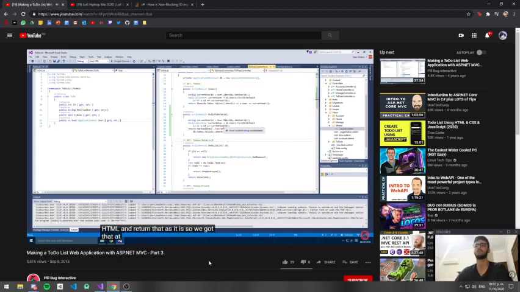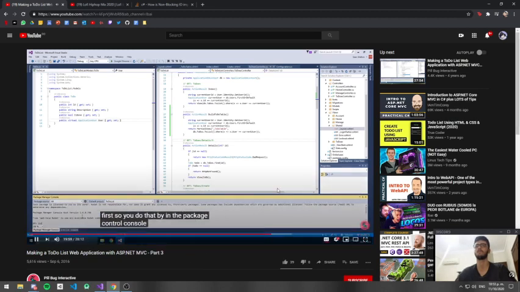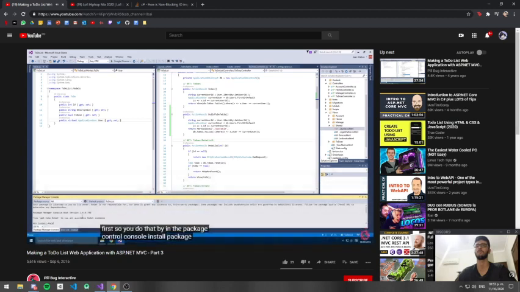So we've got that. At the moment, this is going to do nothing, because nothing's actually going to run. We're just going to get an empty div. So what we need to do is write some JavaScript to do this for us, and to do that we're going to be using Ajax. We first need to import the Ajax package, so in the package manager console, install package